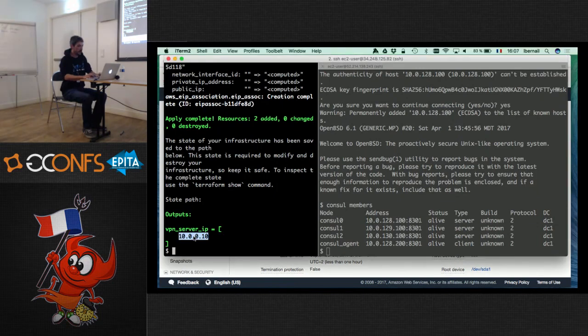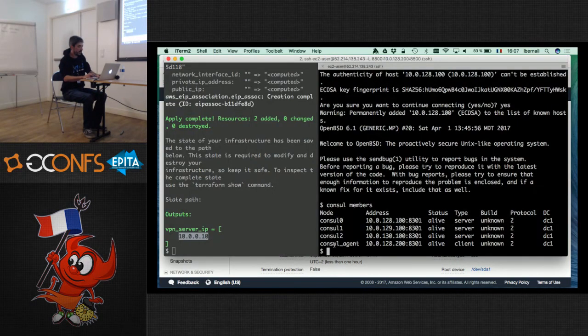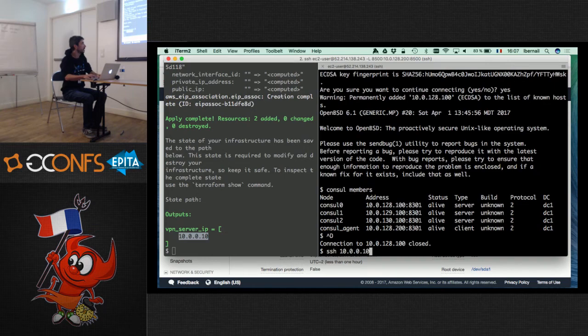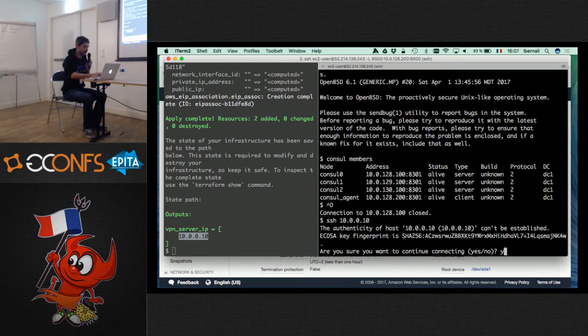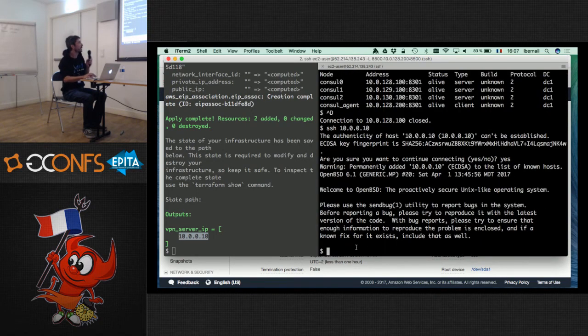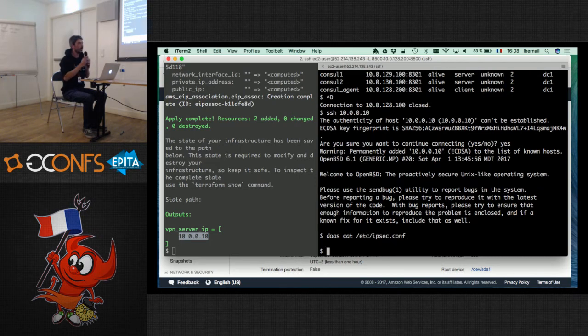The machine has been created. I can now connect to it. Okay, here we go. And we can check that IPsec has been enabled. There's no ipsec.conf configuration yet because I haven't done anything with the machine.